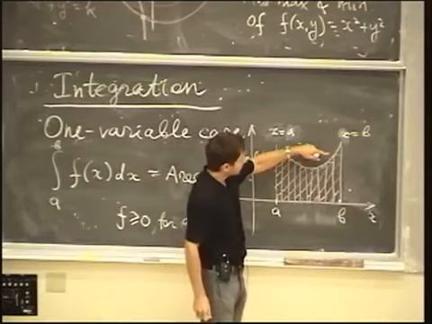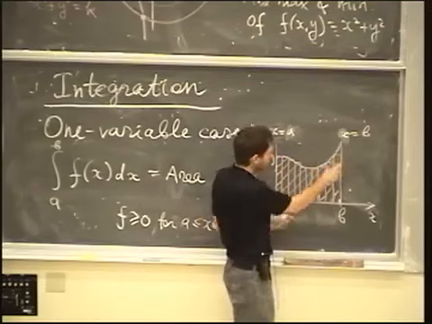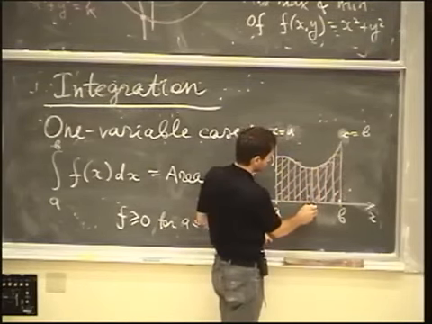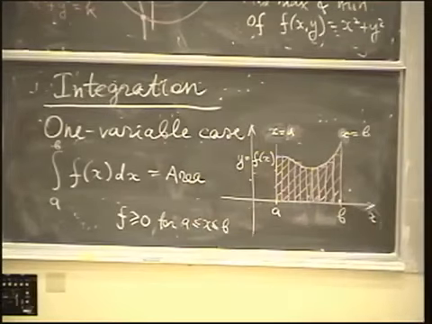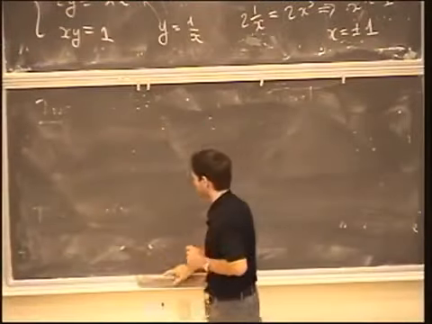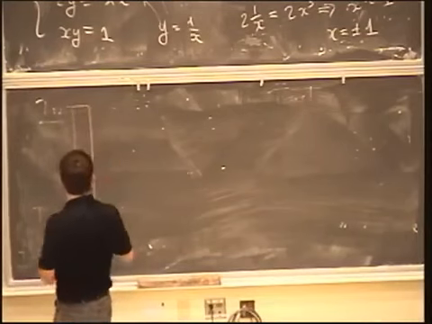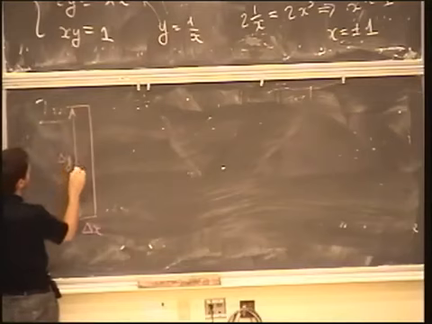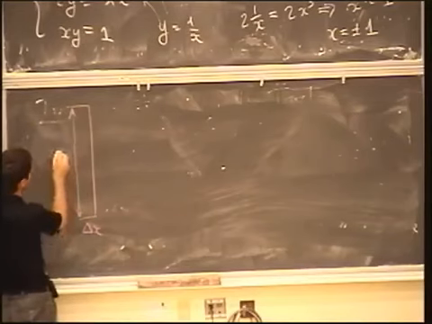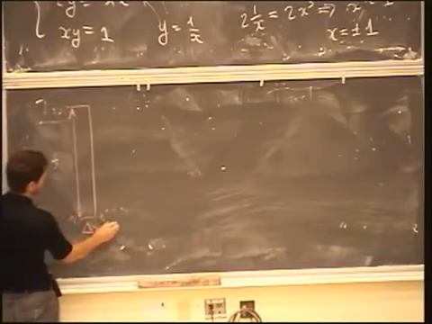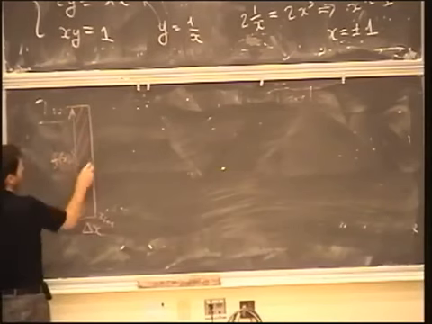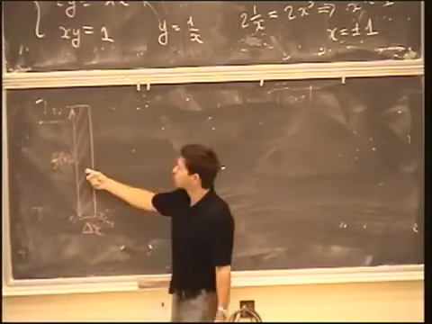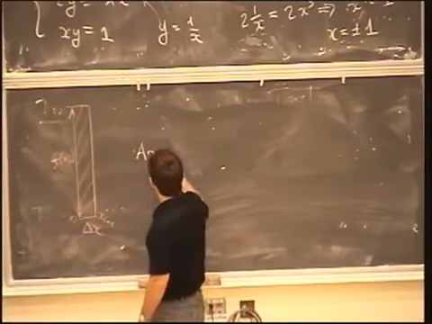And that gives us the possibility to approximate the entire area as the sum of areas of all those elementary rectangles. So let's say one of these rectangles will look like this, where this side will be delta x, and this side will be f of xi. Let's say this is the point xi in the partition, this is xi plus 1. And then the point is that we don't know a priori at the beginning what the area of this complicated region is, but we certainly know what the area of this one is. And the area of this one is f of xi